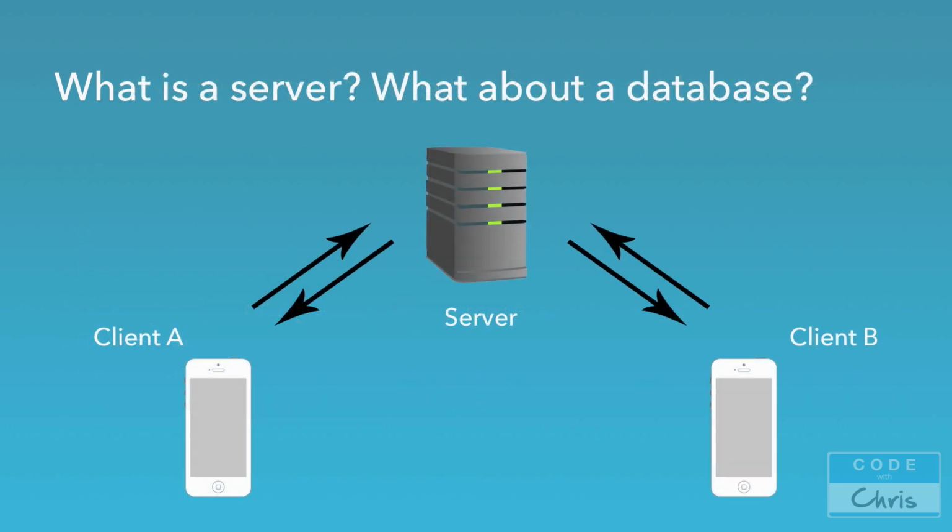So let's take a look at the diagram and see what this sort of setup looks like. I mentioned a little bit about a server and a database, but visually, what does that look like? So in this diagram, we have two people, client A and client B. They're using the same app on their respective devices. And we have a server. So a server is usually a physical piece of hardware. It may be a computer. Well, generally, it is a computer that's specifically built to handle incoming requests from clients and then